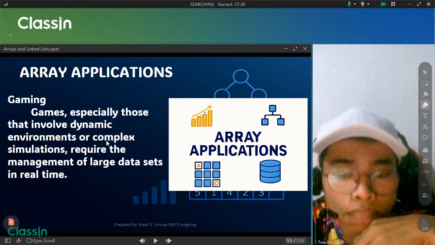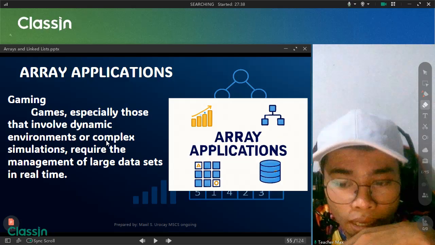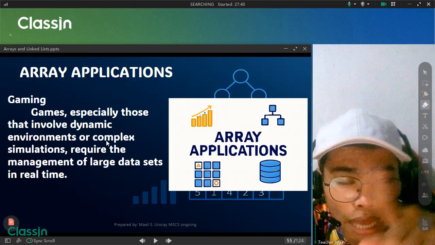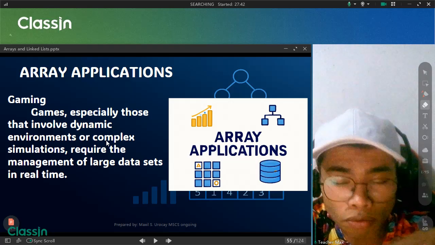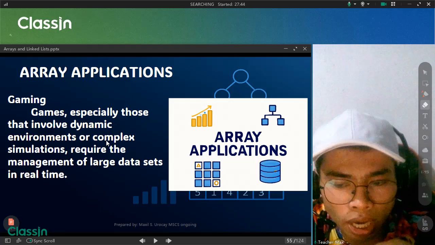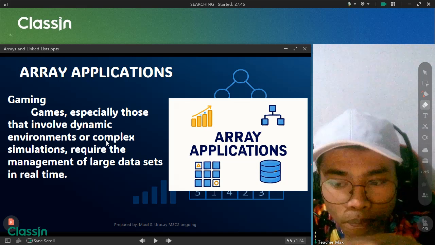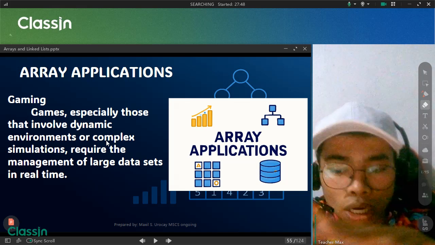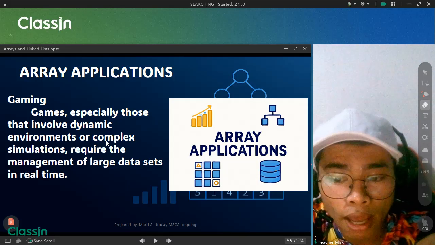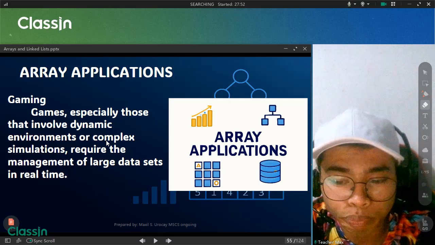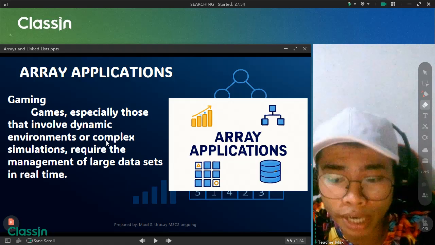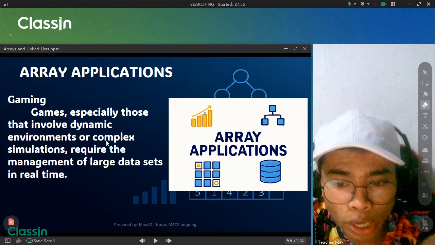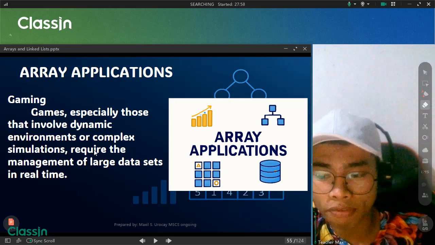Arrays provide instant access to that data. Since games may also handle vast amounts of data like mapping and objects, arrays help you optimize memory usage by storing the data in a contiguous block and without the overhead from pointers or references.